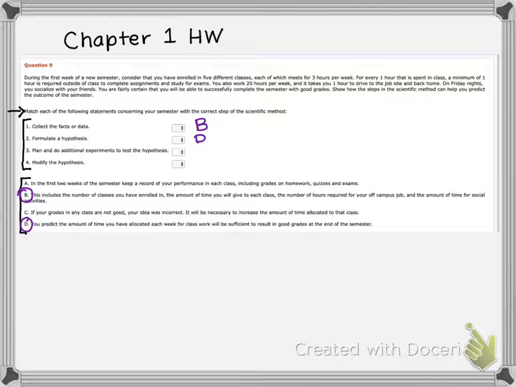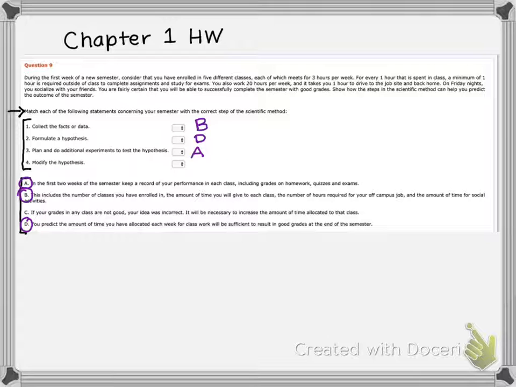Are we doing well on quizzes or exams or labs or anything that we have to do? And so A would be a way that we would test that we were spending enough time. What we would expect is if we're spending enough time, we should get good grades, and that will confirm our hypothesis. On the other hand, if we're not getting good grades, then we might not be spending enough time,